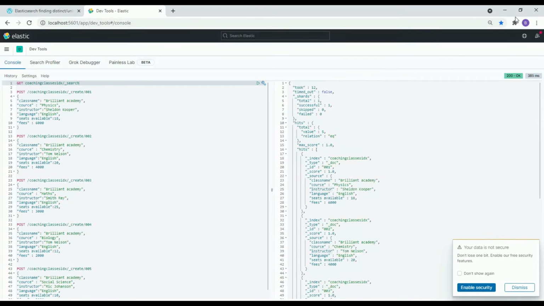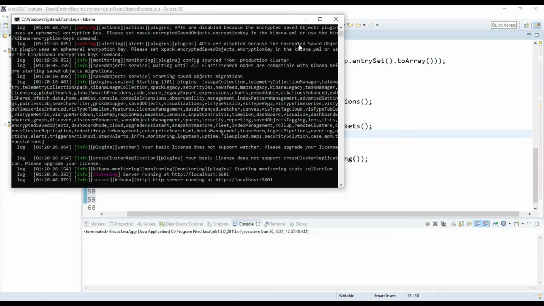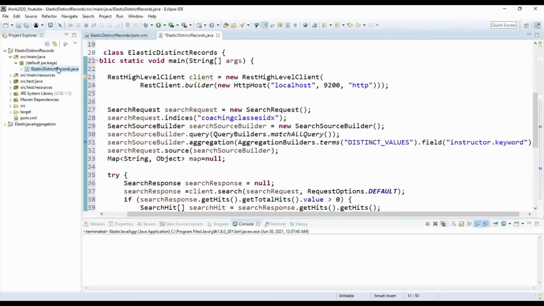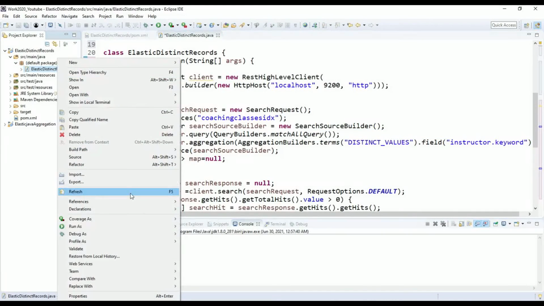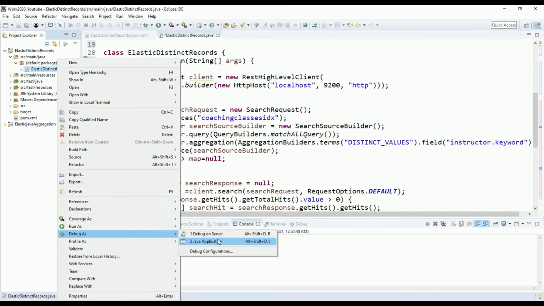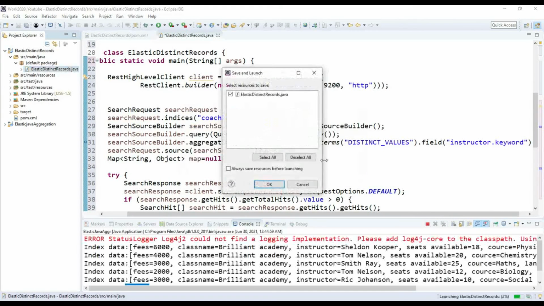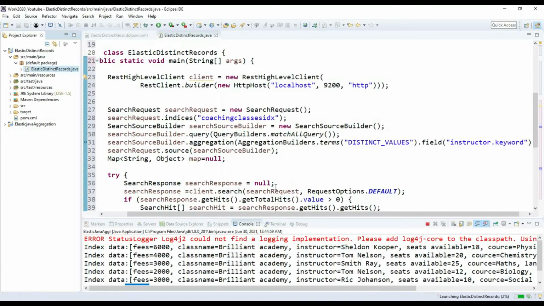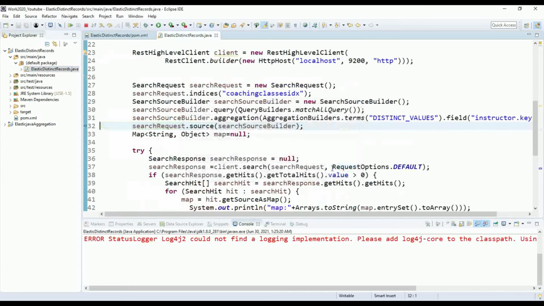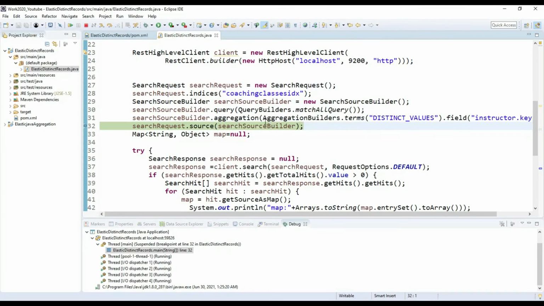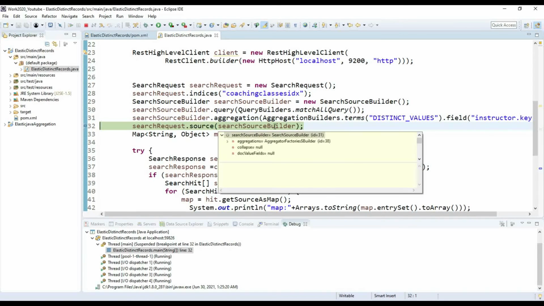So now just run this program in debug mode. Okay, so this is the first entry point of debug. So here in the search source builder we are able to see the query.